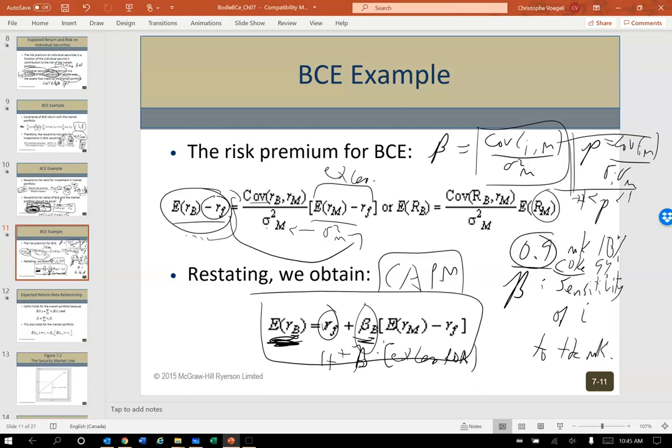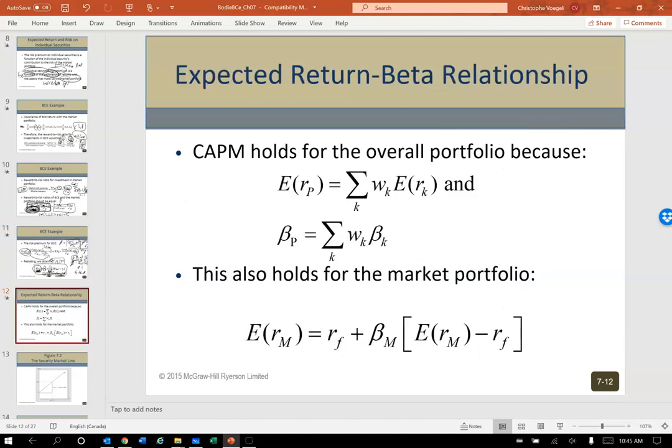So again, very similar to correlation. That's the idea, the sensitivity to the movement of the market. And that's why I take beta and multiply it by the excess return of the market, M for market. So whatever the movement of the market does times my beta, and that's the excess return of the market times my beta, plus the risk-free, because everybody gets their risk-free return, will be the projected expected value on investment B. That's the application of the CAPM.